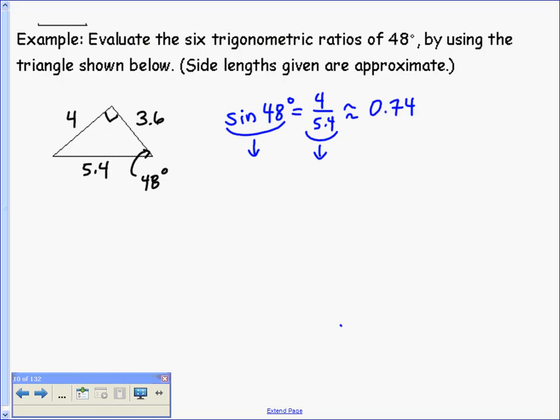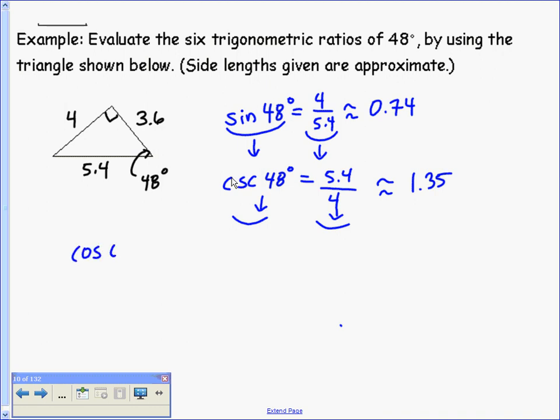And then while you're taking care of that one, if you want to go ahead and find the cosecant of 48, it's going to be your 5.4 over your 4, and try both of them again. There's not going to be a cosecant key. We're going to have to use 1 over sine of 48 there. In this case, you're going to get approximately 1.35. Okay? And then you should be able to go through and try that for cosine, and I'm going to leave this up to you,